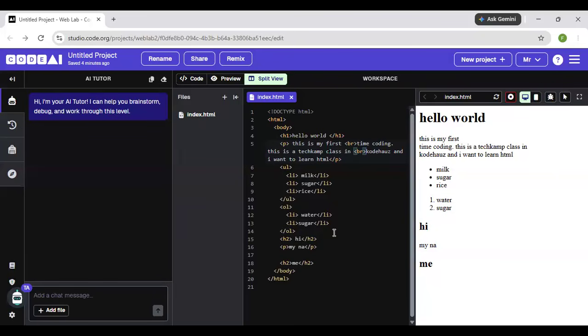Now, your ordered list gives you an exact number of the amount of things you've ordered, while an unordered list just shows you that you've listed items on your web page. Now, what this LI does, do you understand? Yes. What this LI does is just create an item on the list.